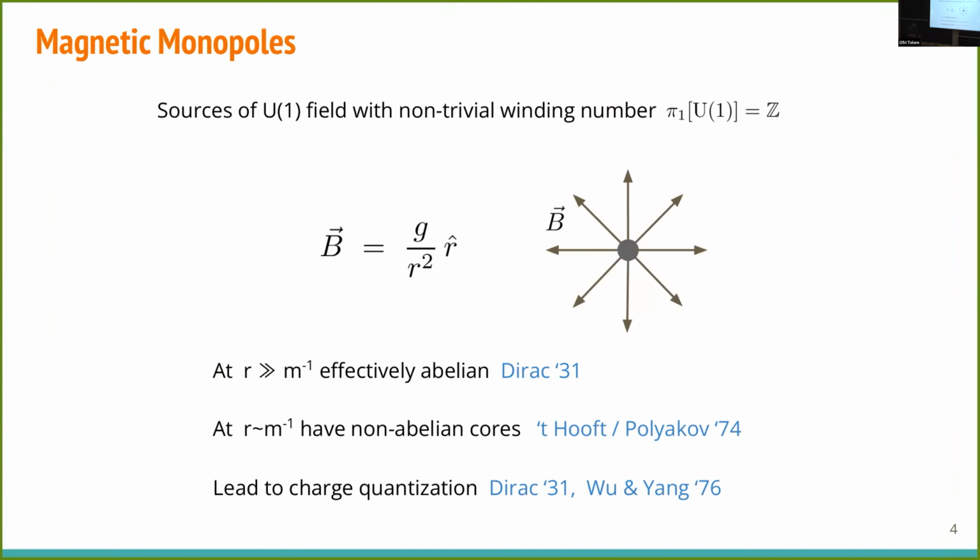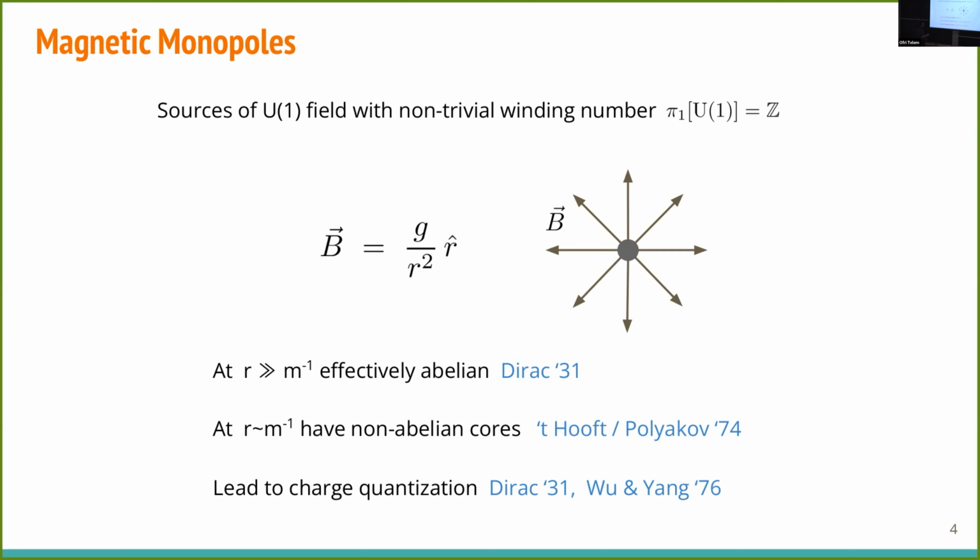So once we fix this, let me set the stage and tell you what I mean when I say monopole. For me, a monopole is just a source of a radial magnetic field under U1, which might as well be U1 electromagnetism, but it could also be a different U1. In the case of GUT monopoles, it's a U1 which is a linear combination of electric charge and a new one which hides inside SU3 color. At radii larger than their core, they're effectively abelian. They're like point sources of this B field.